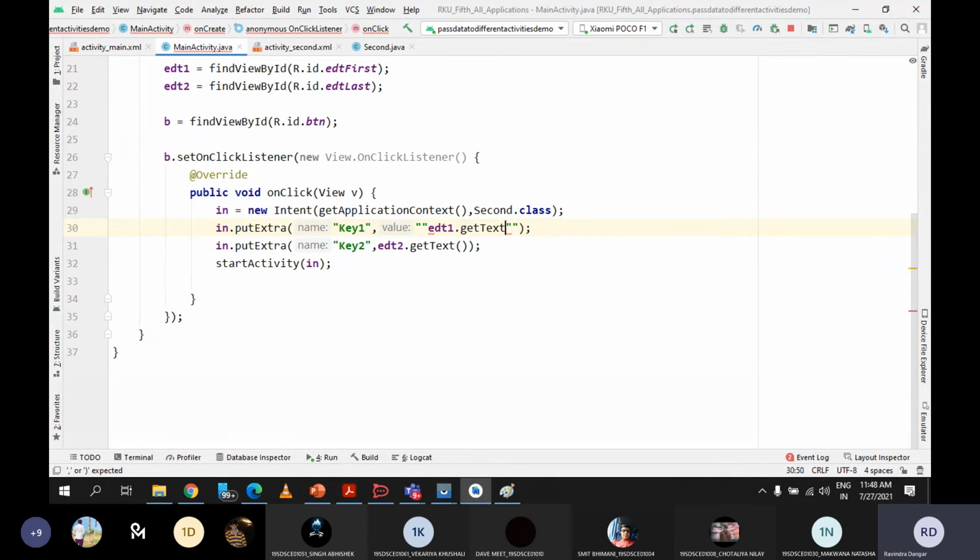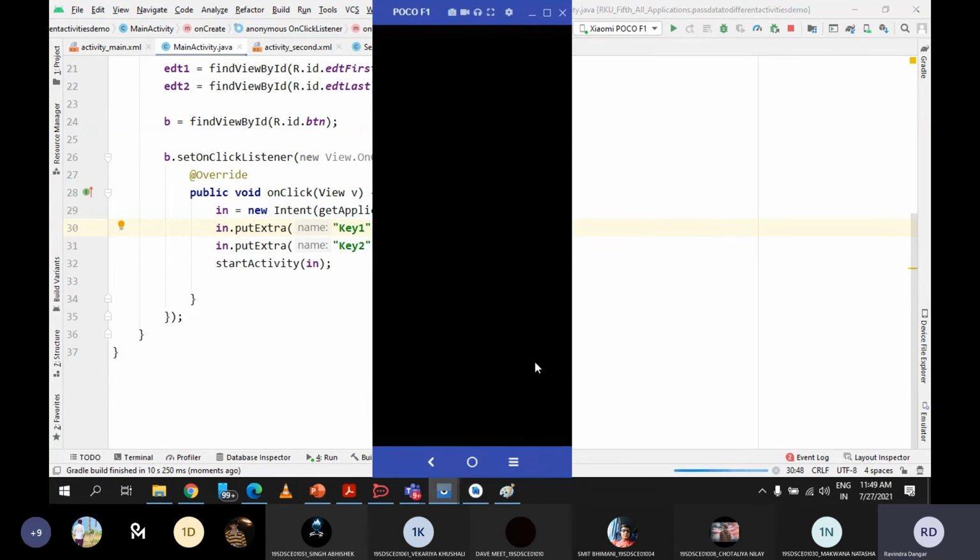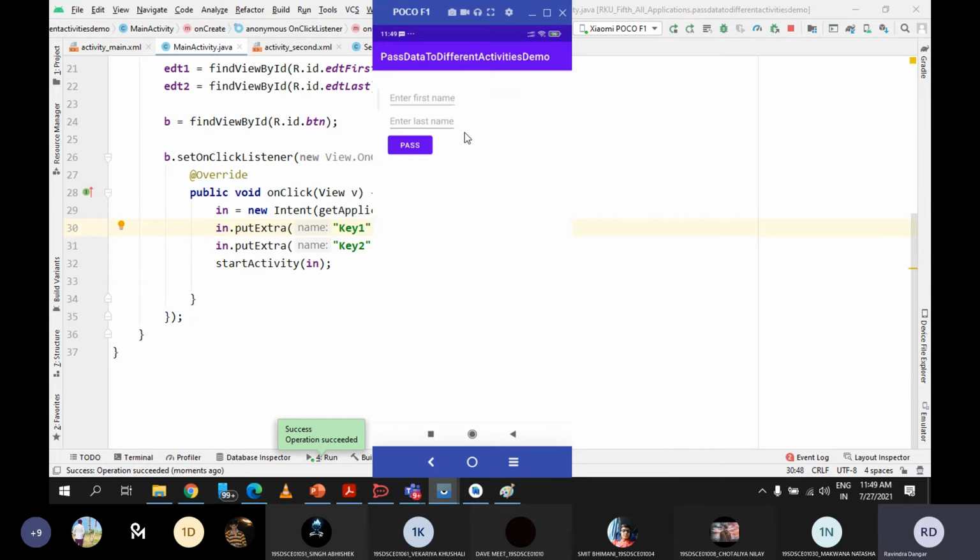First we check whether this works or not. Here I have to manually give some value. Yeah, so now let me give the name one more time.